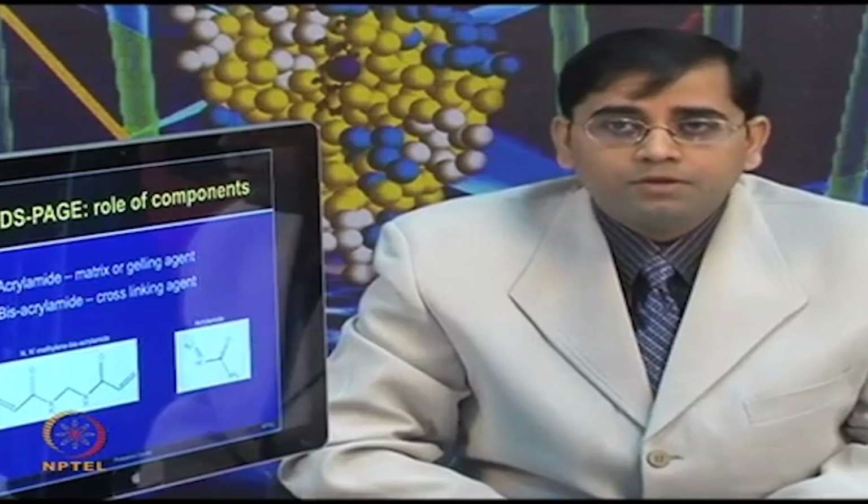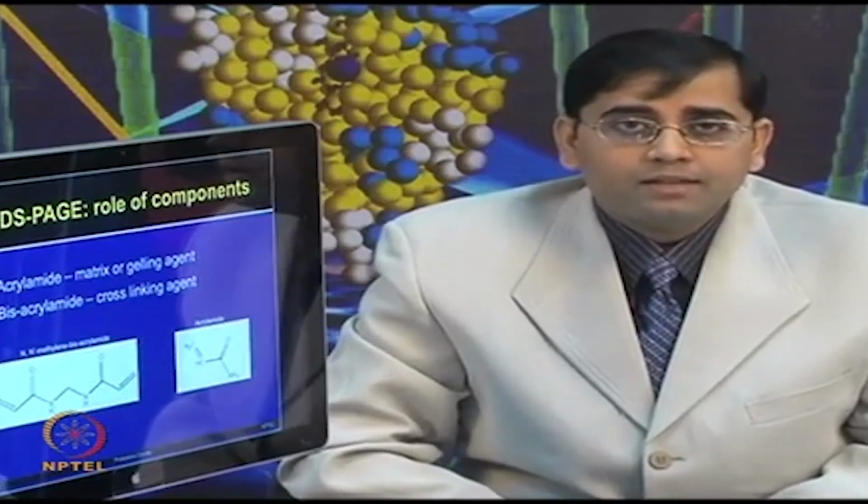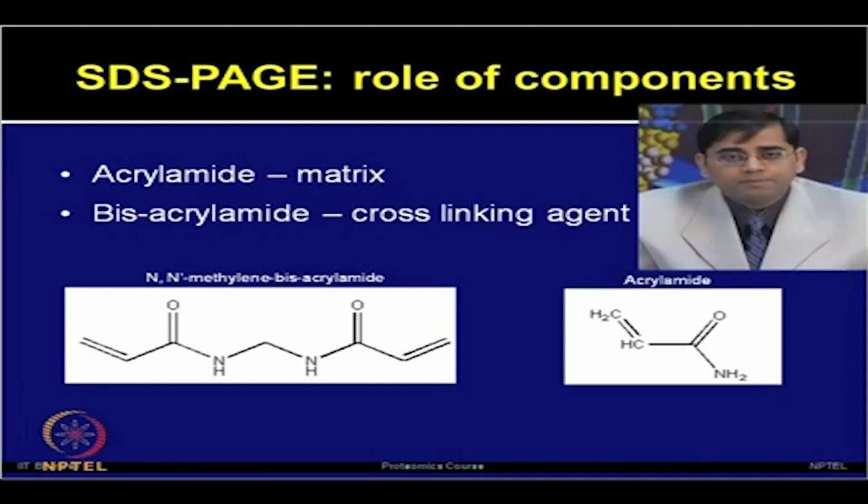So, let me describe you the role of the components which are being used in SDS page. Acrylamide, it provides the matrix or gelling for making the gels. Now, bisacrylamide, that is a cross linking agent. By adding both acrylamide and bisacrylamide in a fixed ratio, one can make this gel by adding the gelling agent and the cross linking agent. But that itself is not sufficient to polymerize the gel. You need to add few more reagents,